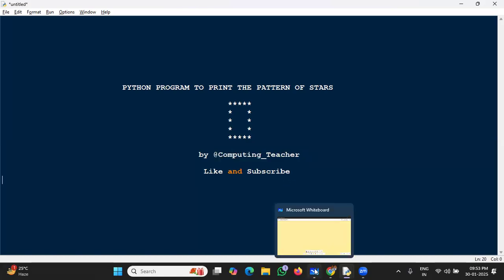All right, so let's head on to understanding how to frame the logic. Let us first put down the pattern so that it's easy. We have these stars here, so I'll put a cross here so that we can understand. It's easy, 1 2 3 4 and 5 stars, and then we have the star here,